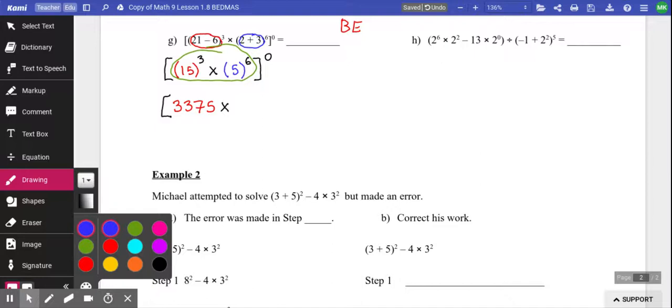Dan, can you do 5 to the power of 6? 5 times 5 times 5 times 5 times 5? 15,625. You're not listening. I wasn't listening. That's why I was asking for it again. Drake, no one heard you say it. All to the power of 0. If we continue on,